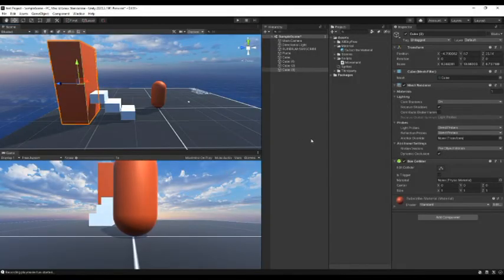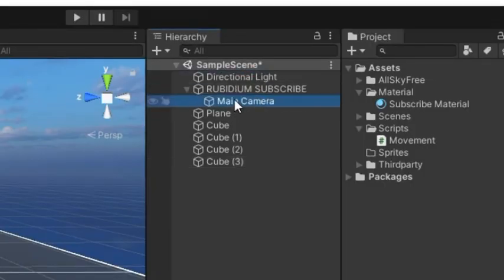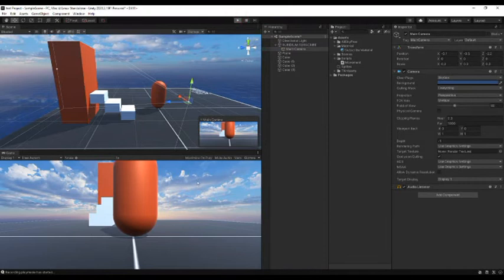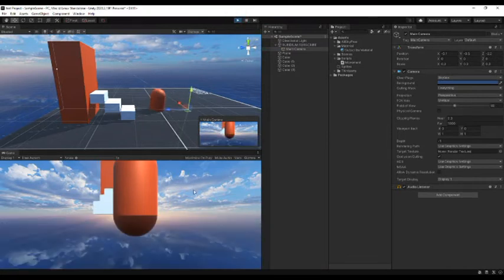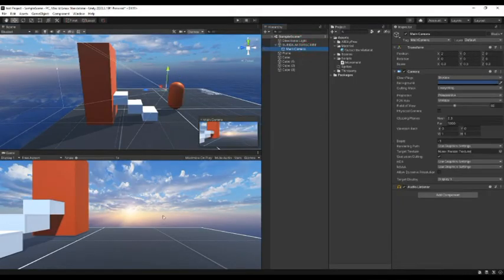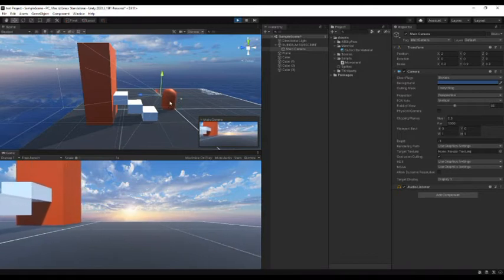Now we are going to learn how to make the camera follow the game object. It's very simple. Take the camera and make it the child of our main character. You just drag it and keep it on it. If you want to move it, there is a blue line when you move it below, and you can do like that. If you don't want that, you just keep it over here, and when we start the game, it just transforms its place to the one of the game object and it follows the game object. It's very simple, right? I positioned the main camera to the one of the Rubidium subscribe cube so that when we start, it's just like the camera is the eyes of the game object. Very cool, right? I'll fix this later and show you what the problem is.